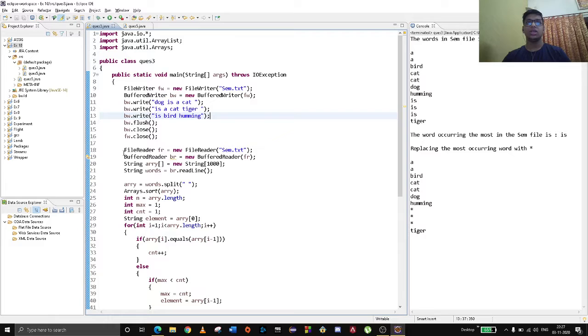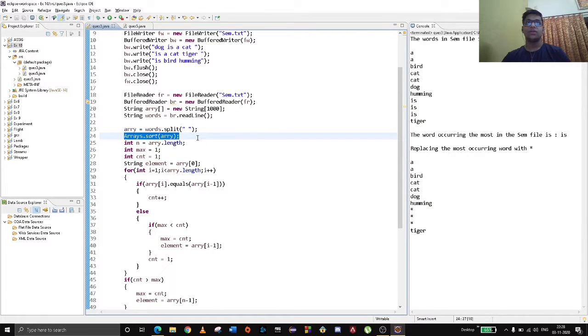Now we need to read that file and store it in an array, basically an array for all the lines and all the words. We are taking all the lines and splitting them, so we are using the split function. When we split, all the words of a line are split, and we are using an array list so we can use array functions like sort. So when we have all the words by splitting, we need to sort it. It's easy, we can say Arrays.sort(array).